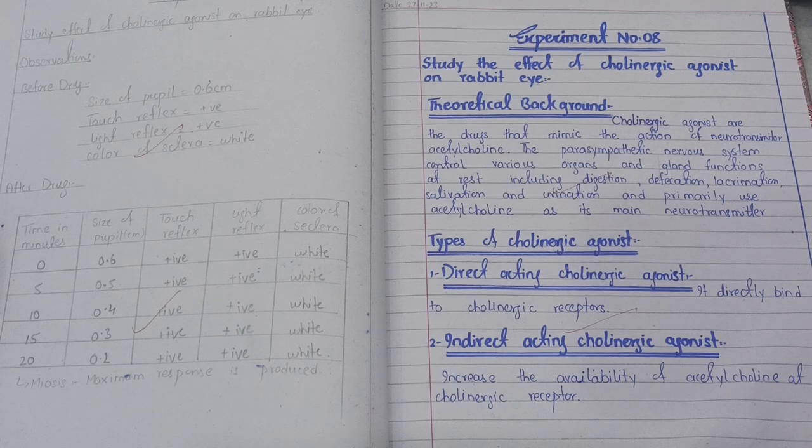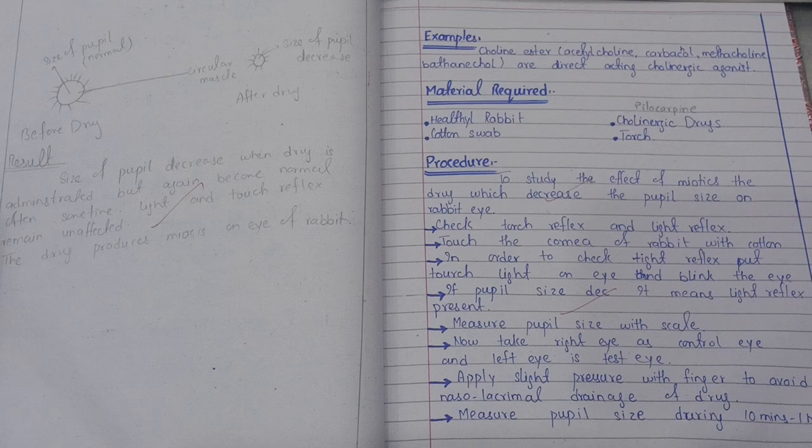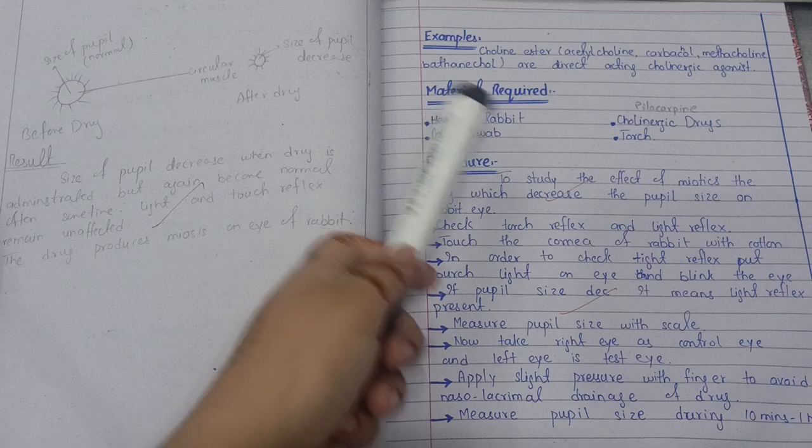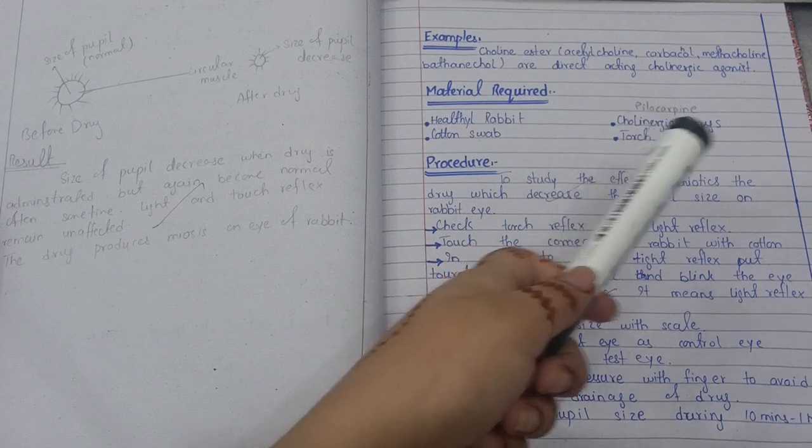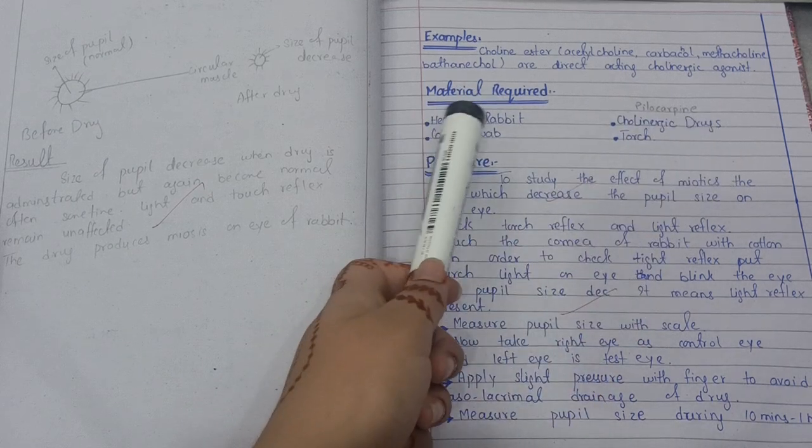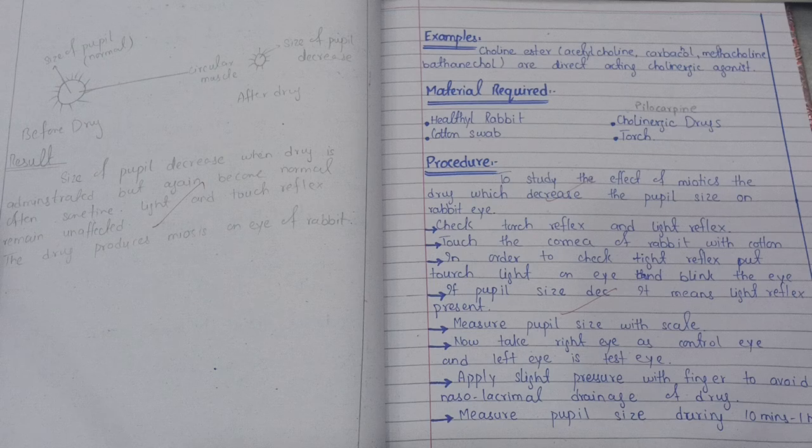Again the pupil size returns back to the normal size, which is 0.6 centimeter. So now move on to the next page. Here some examples are written: choline esterase, acetylcholine, carbachol, methacholine, bethanechol. These are the drugs which are cholinergic agonists, acting as direct acting cholinergic agonists, and